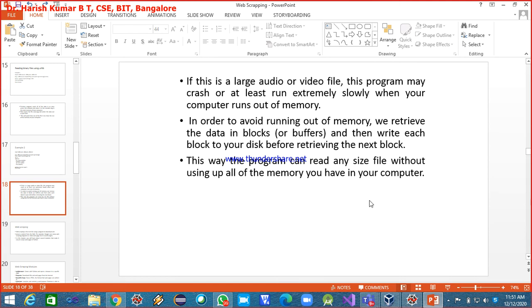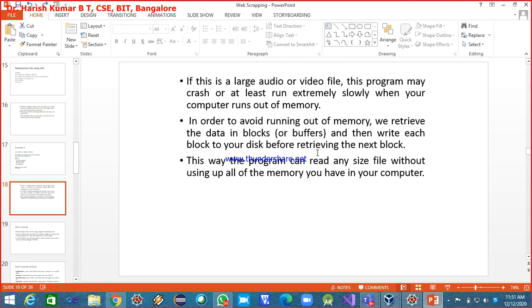So in order to avoid running out of memory, we retrieve the data in blocks and then write each block to the disk before retrieving the next block. This way the program can read any size file without using up all the memory you have in your computer. So this works on a block by block basis.